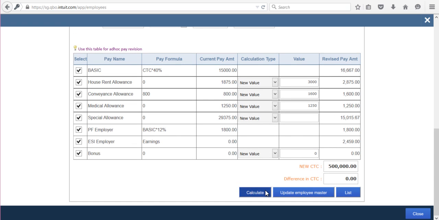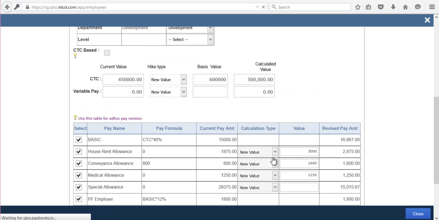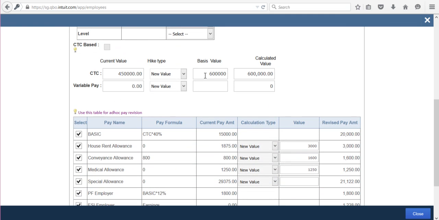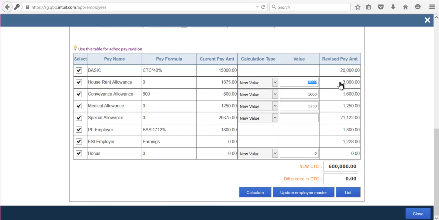And then again you have to click on calculate. And here, whatever you enter here, the same it will reflect under this calculated value. The revised pay amounts, it will be same.